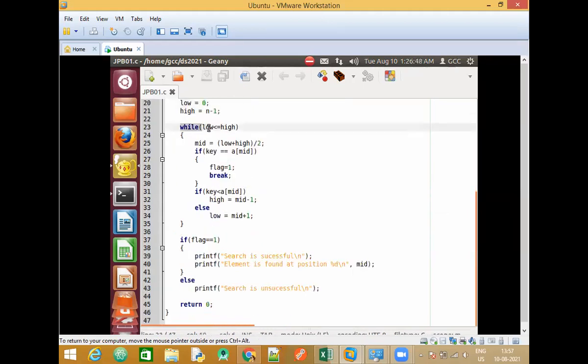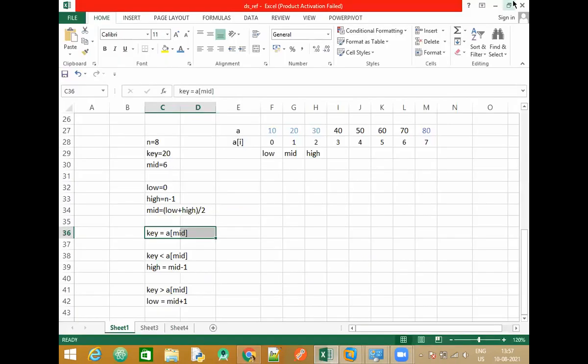Now have a look here at the loop. The first condition in the while loop is: is low less than or equal to high? Why this condition? I told you, at a point of time the value of low goes beyond that of high. At that time we can't search. So that we will see now. For the time being, you can just skip this and just verify with the tracing whether it matches or not. Now let's start. Let us update the values here.